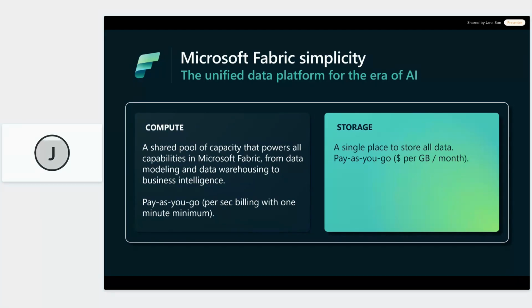But generally speaking, because there is so much variety in terms of the sizing, you can kind of mix and match. Of course, any additional premium benefits, they will work only in the workspaces that are attached to that capacity. But for example, for maybe some smaller exercises for development or testing where you don't necessarily need F64, you can, for example, keep F64 for just the reports and users to be placed there, and then additionally use some smaller capacities for other workspaces where you cover, for example, the development process, something like this.